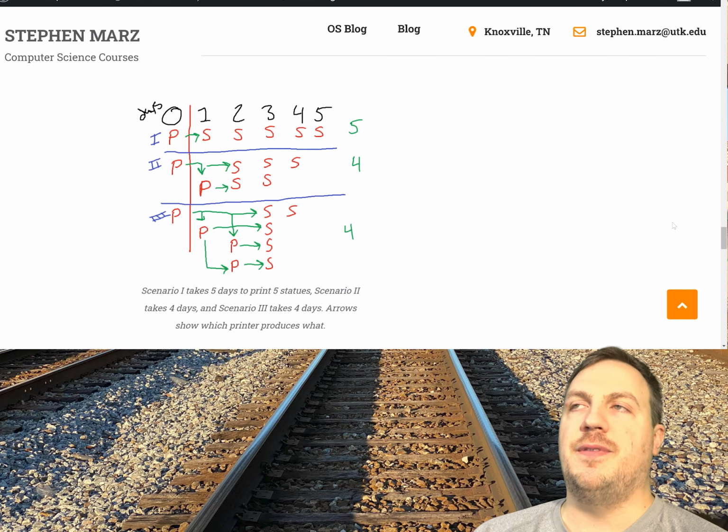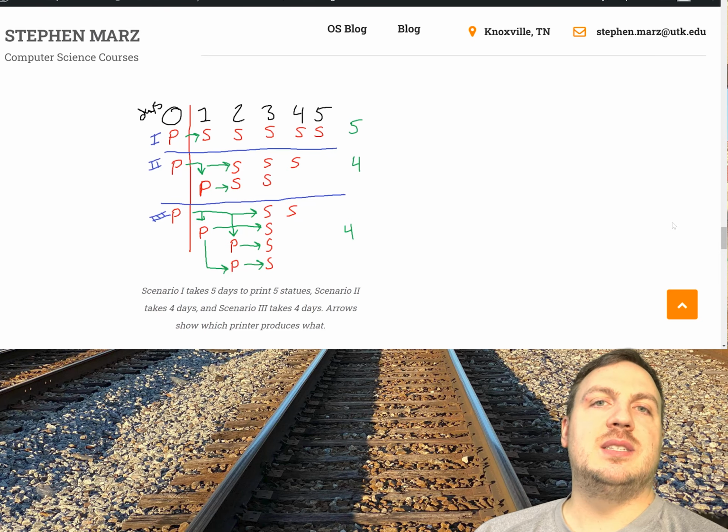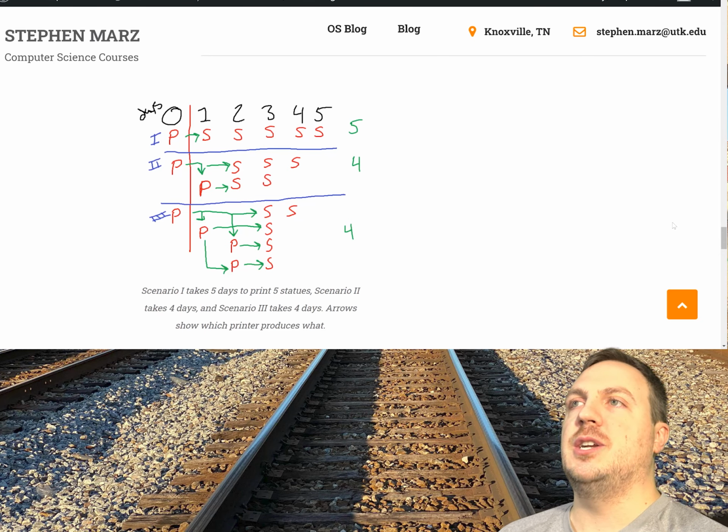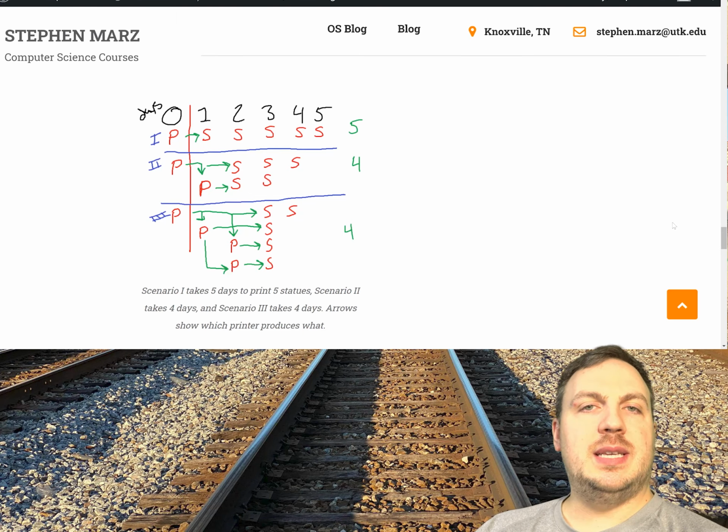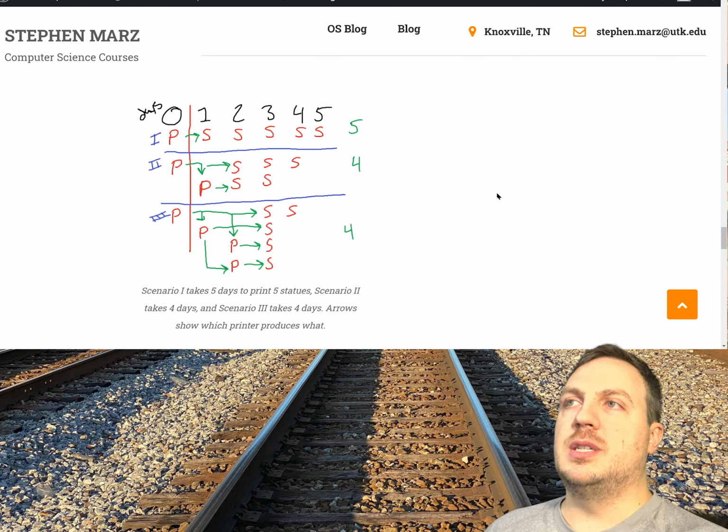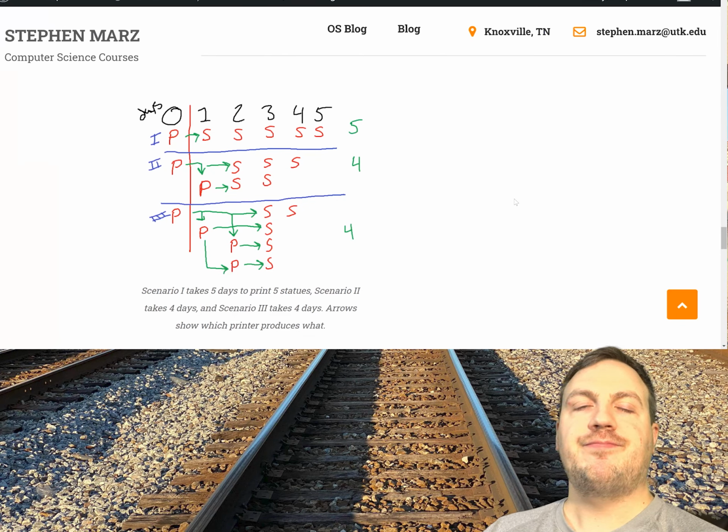That's where n is equal to 5. So on day 0, the printer is just there, and it takes 0 to 1. So it takes 1 day to print a statue. Okay. The second one is the middle scenario, where we print 1 printer, and then those